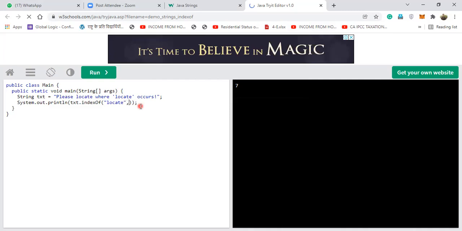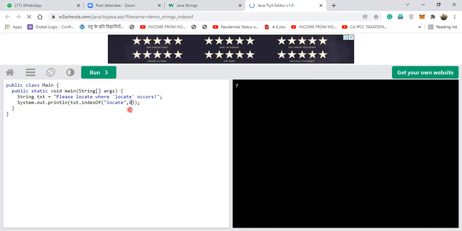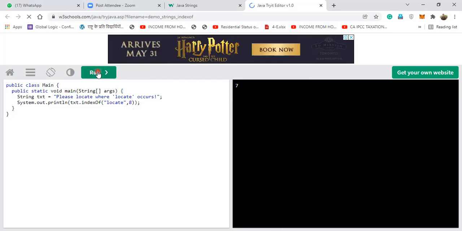Now, suppose instead of 7, I write 8. So how many parameters have I given to the index of function? 2. One is of string type, another one is of integer type.